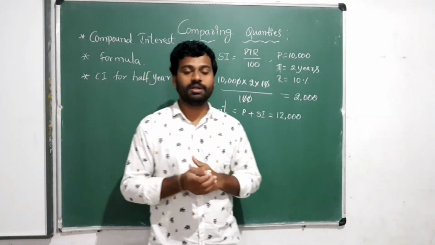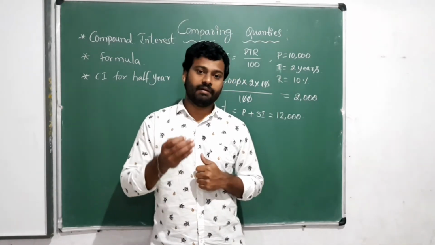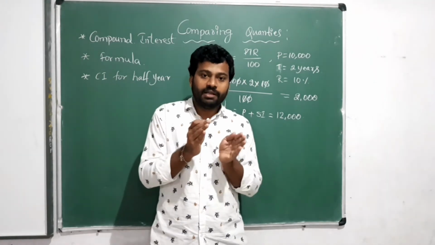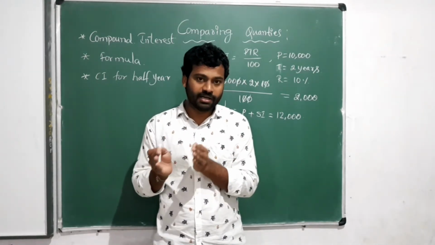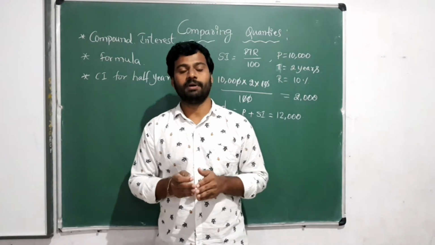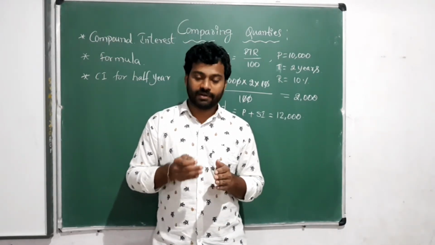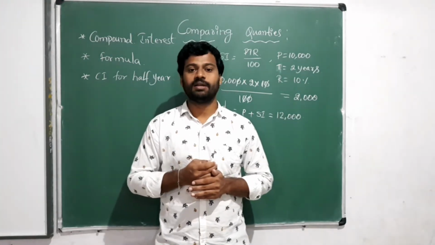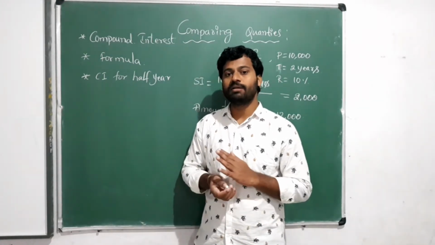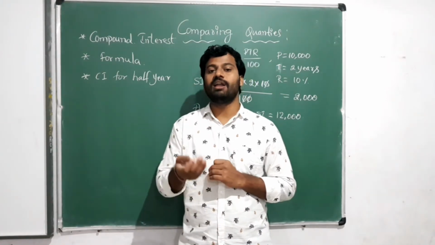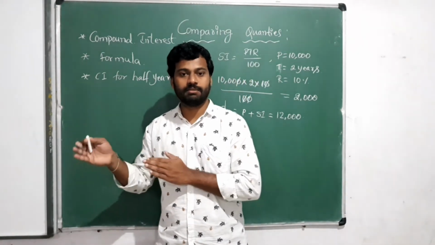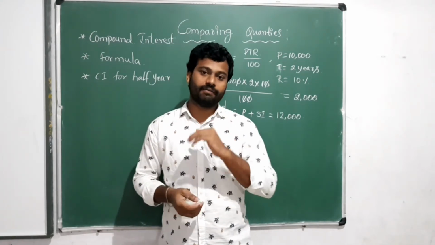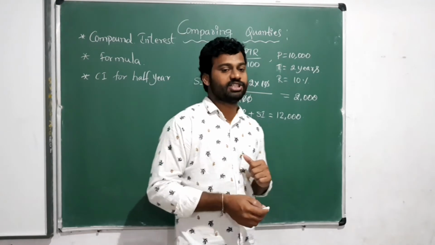But in the compound interest, what will happen? Every year the principal will change. Every year we will find the interest, and that interest we will add to the principal. And for the new principal we will take it for the second year and find out. Till now I don't know the formula. What is the compound interest formula? So generally I will find it this way: for every one year I will use simple interest, and I will change the principal. So at the end of 2 years, we will check what amount we are going to pay.